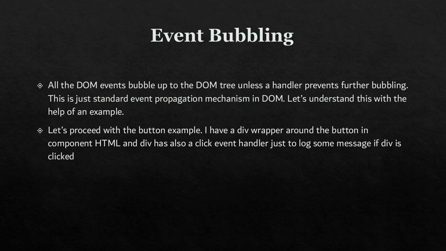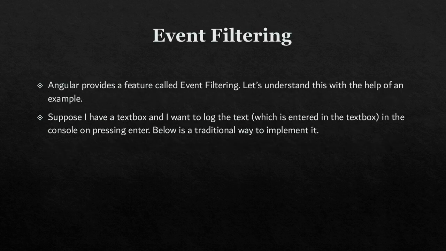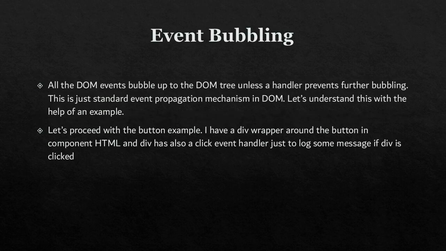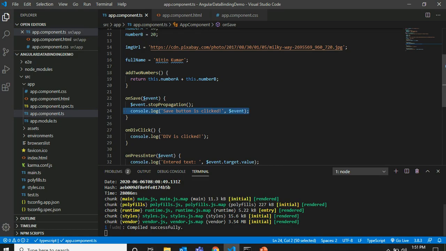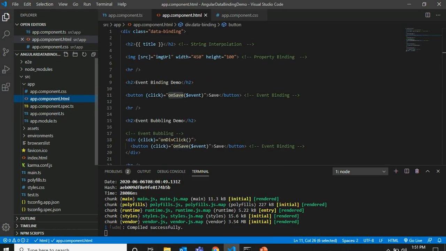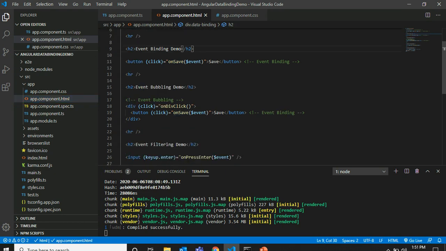In event binding, we have to learn about these two things: event bubbling and event filtering. All the DOM events bubble up the DOM tree unless a handler prevents further bubbling. This is just a standard event propagation mechanism in the DOM. Let's understand with the help of this example. In the template, here we have declared a button inside a div.